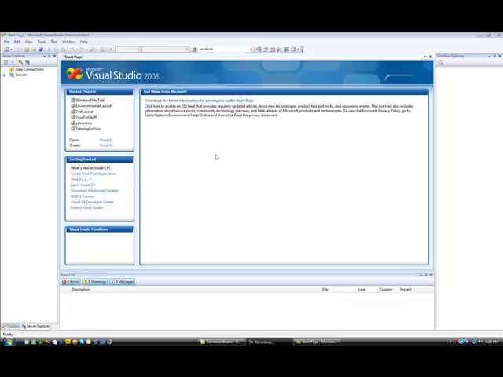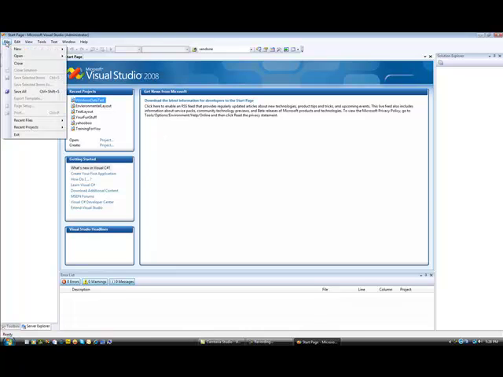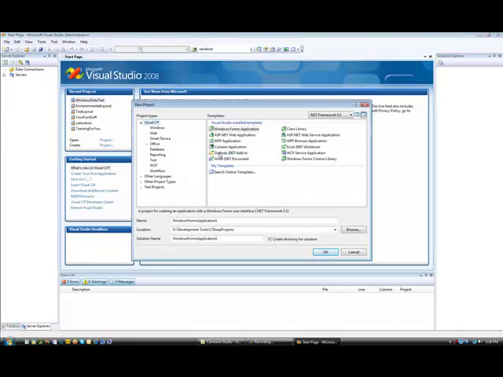Hello, my name is Jeff, and I'm going to show you how to set up a database to a Windows Form application. I know that sometimes that's a scary thing because it was scary for me. I've only been doing this myself for a short period of time, but we're going to start a new project